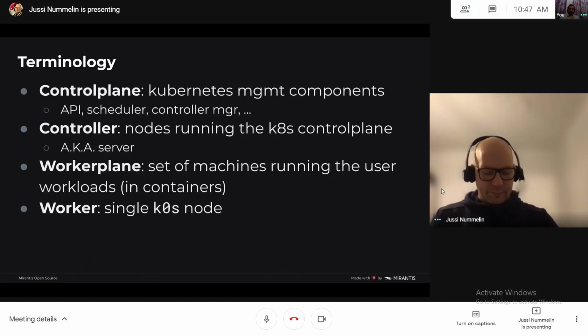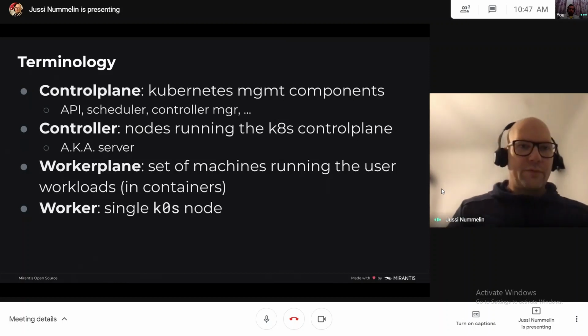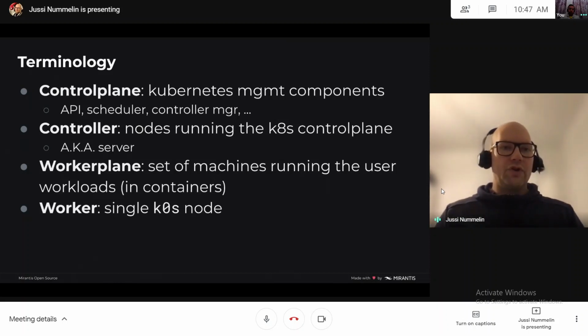That actually gives us a nice bridge for a couple of terminology things. So control plane in the world of Kubernetes, of course, describes the nodes and set of nodes that run these Kubernetes management components like the APIs, schedulers, controller manager, and those.